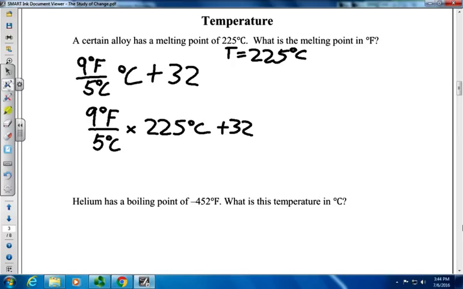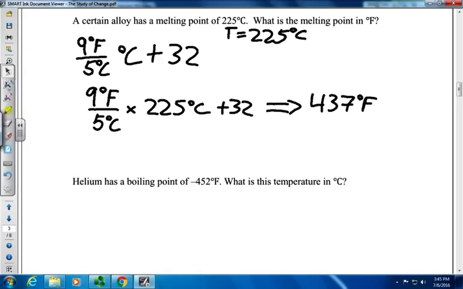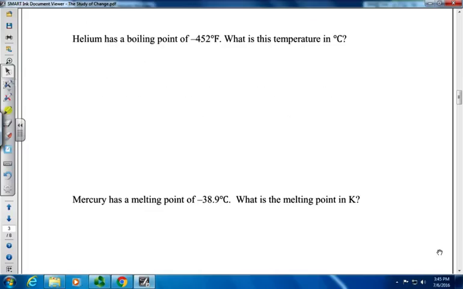And this conversion results in a total temperature in Fahrenheit of 437 degrees Fahrenheit. Pretty simple. And again, you'll find that simplicity when you're converting the other way around,